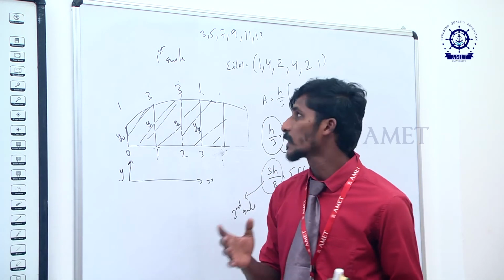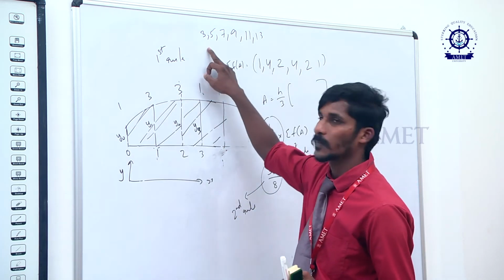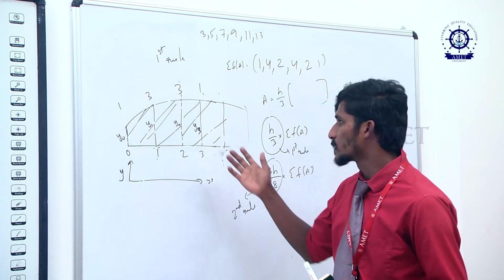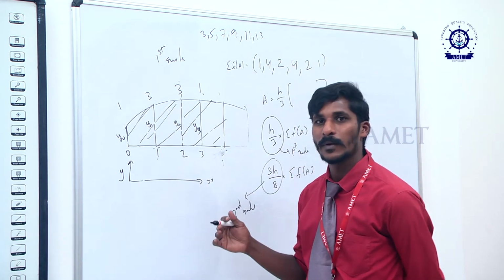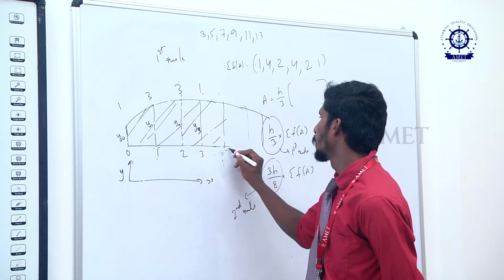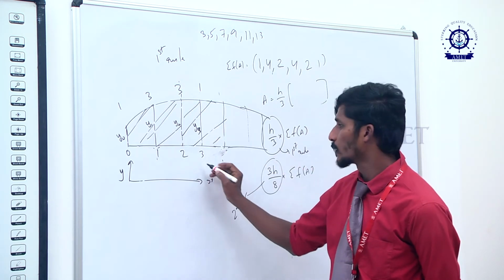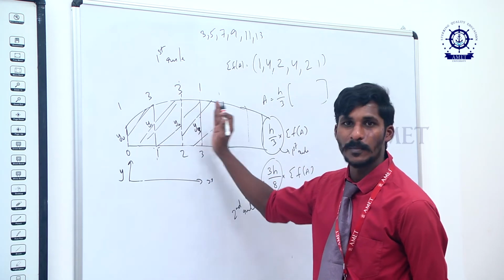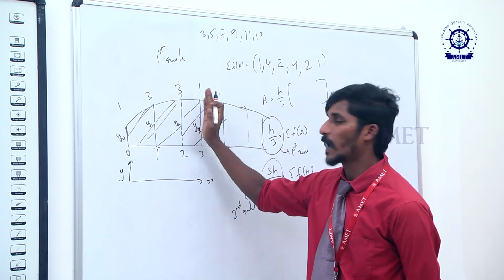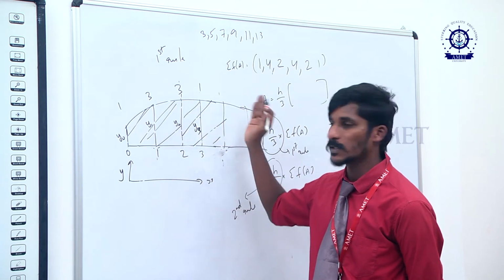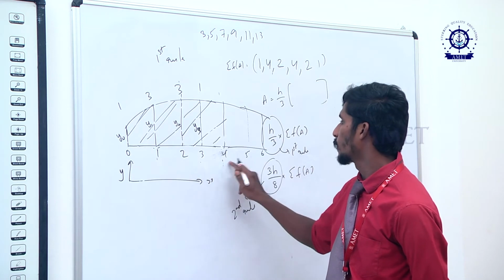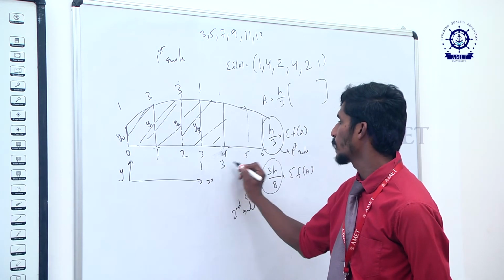Previously, we saw the number of ordinates required for the first rule is 3, next is 5, 7, like that. In the same way, if I want to apply the second rule, the minimum number of ordinates required is 4. The next must continue from the same place, because otherwise I cannot get the continuation area. If I start from elsewhere, you will be left out with some area. So you have to start again from the third station to get the continuation area. So we take 3, 4, 5, 6, and the rule becomes 1, 3, 3, 1.